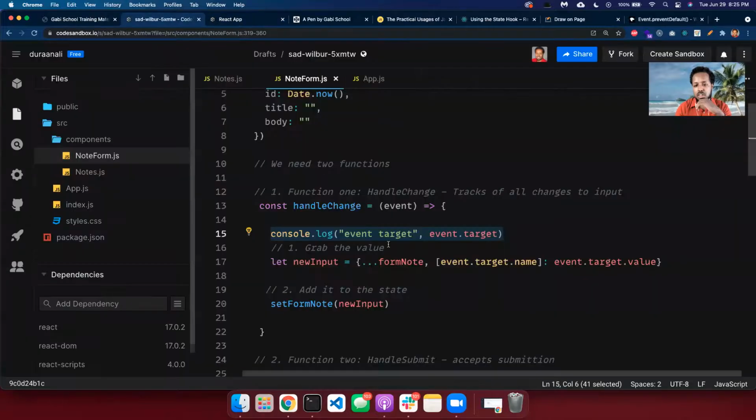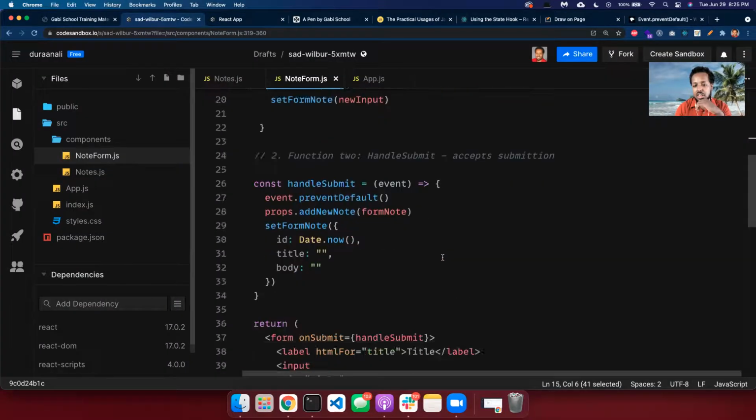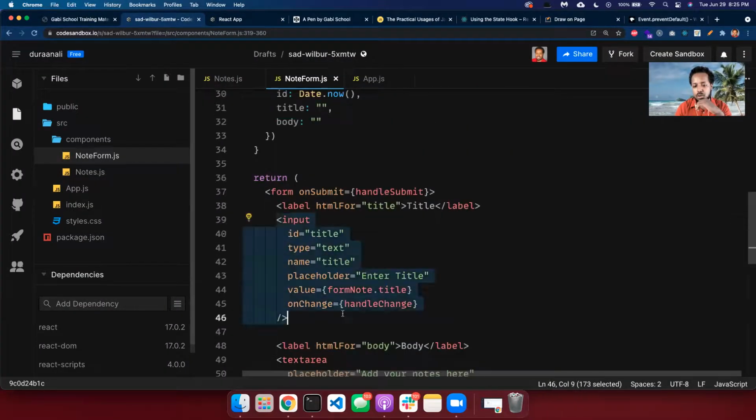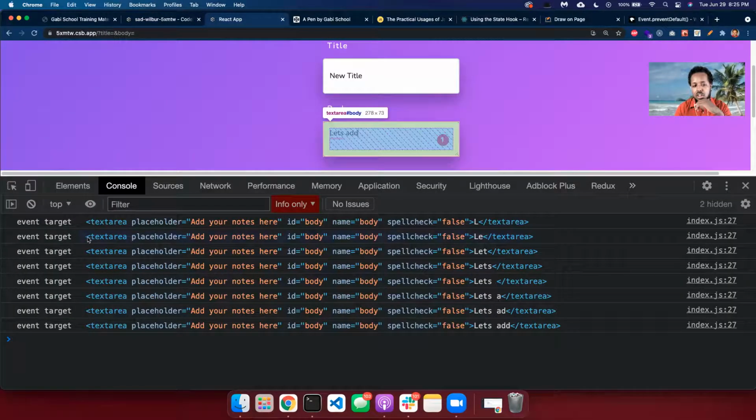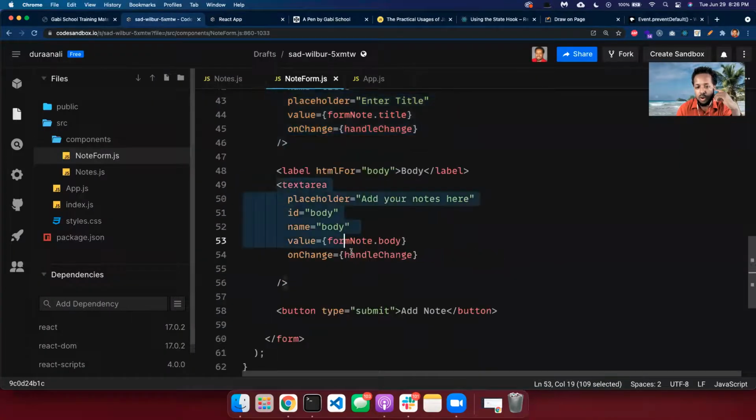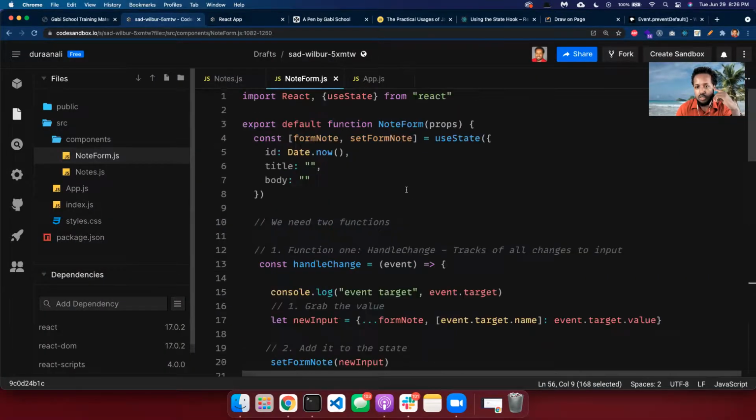Yeah, so what I'm saying is the event.target is the input. This whole input is event.target. That's what it is. So what do we console log in here? What we console log in here is the whole input. So that's what we console log in. Sorry about that. So we're console logging the whole input, and now the text area is the baddie. So the text area is this part, right? So if we say here